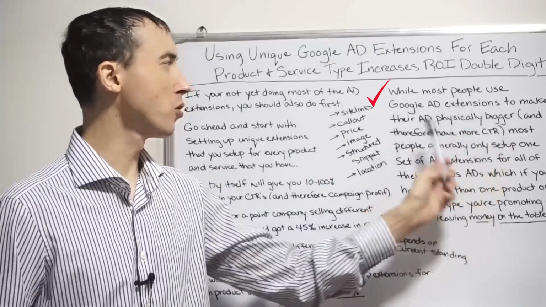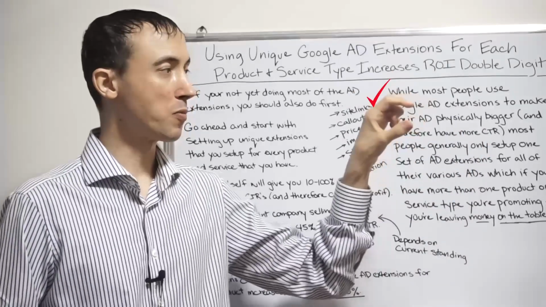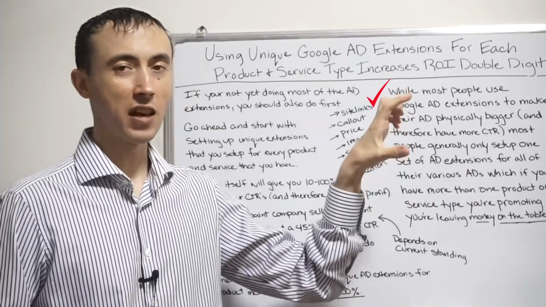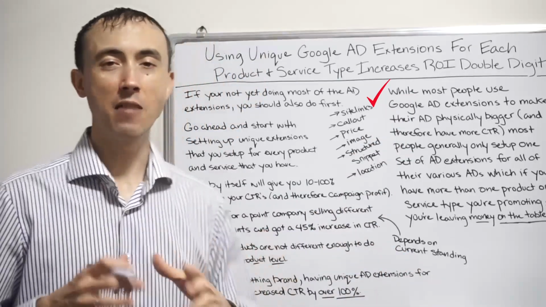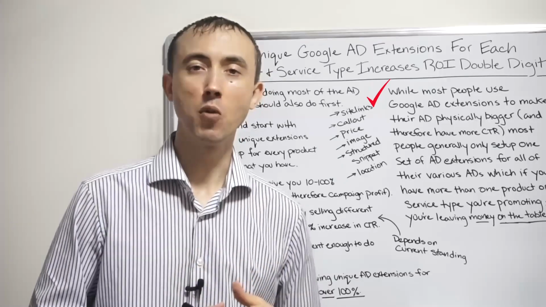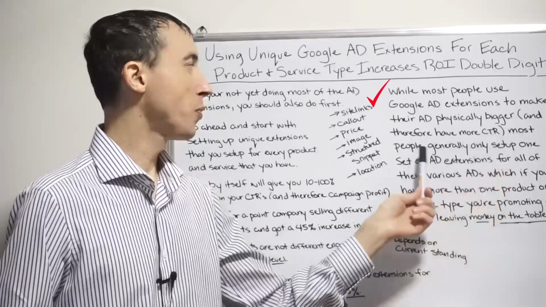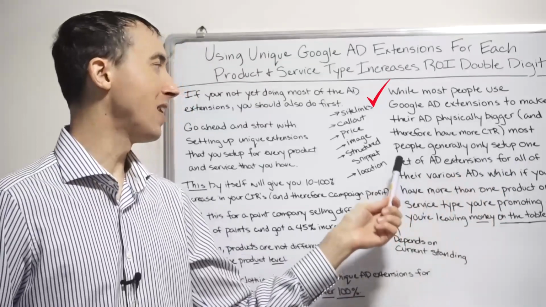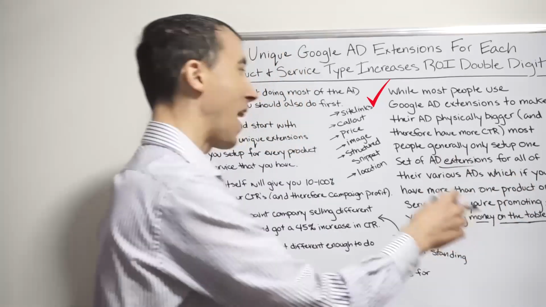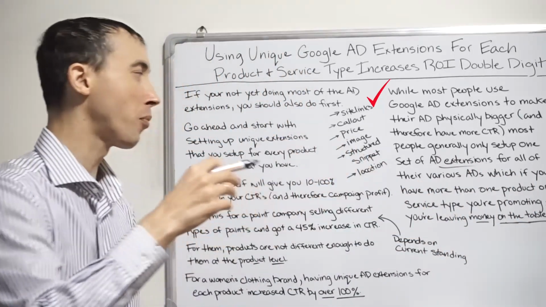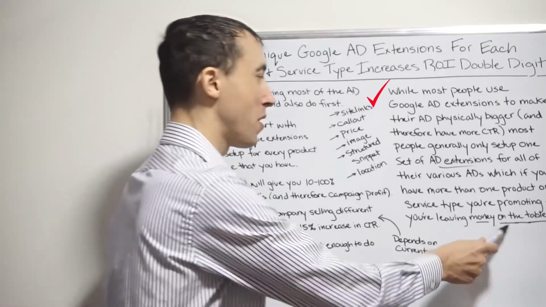While most people use Google ad extensions to make their ads physically bigger, goes from taking an ad that was like this to like this, makes it twice as big. Having that ad physically bigger gets it clicked on more. That's why most people use it. Most people generally only, though, set up one set of ad extensions for all their various ads, which if you have more than one product or service that you're offering or promoting, you're leaving a bunch of money on the